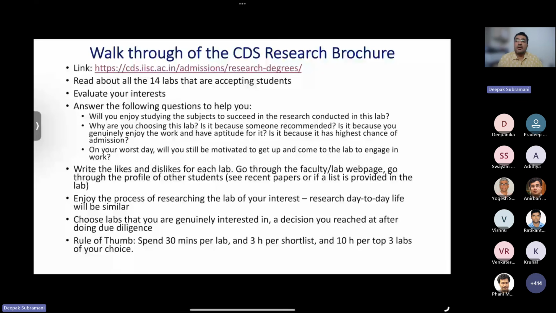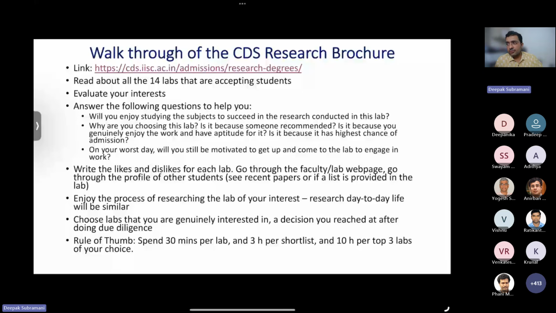And you must do that, right? You must not be like, oh, somebody else told me that this is the topic that I must work on. That may not be the appropriate way to do it. So how would you decide, right? Which of these labs do you want to do?